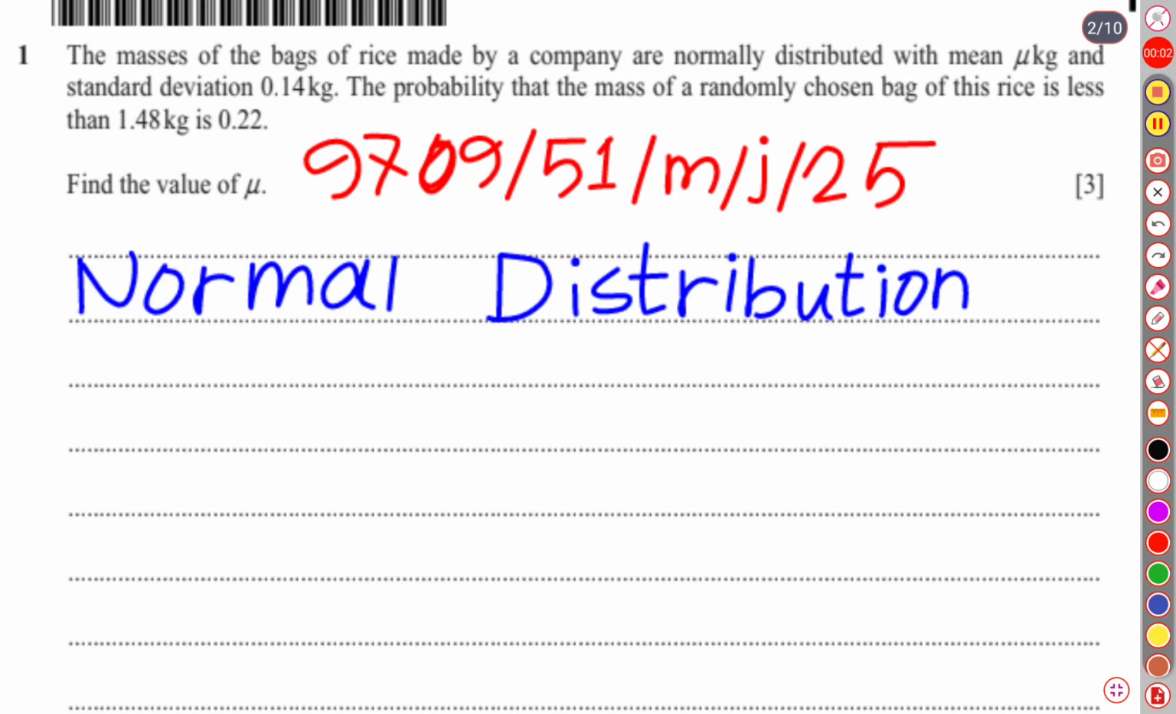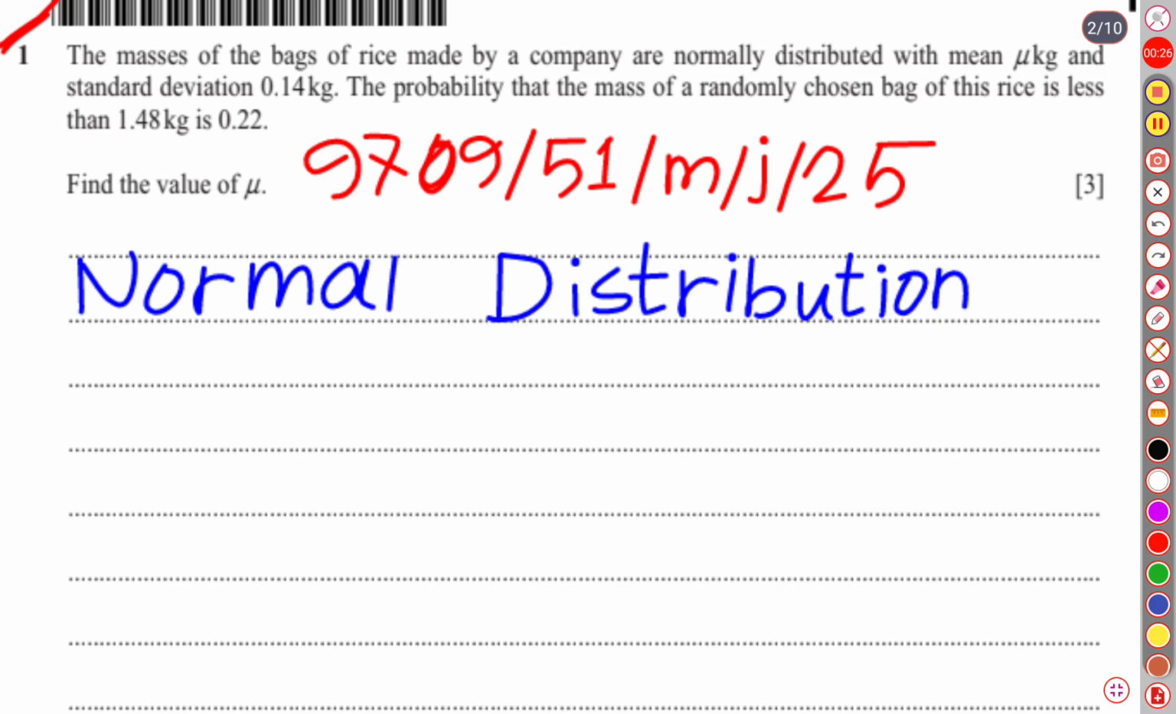Our next topic is normal distribution. And for solving the first question based on normal distribution, we have chosen paper 9709/51 for the session May June 25. And we are going to solve the very first question, which says the masses of bags of rice made by